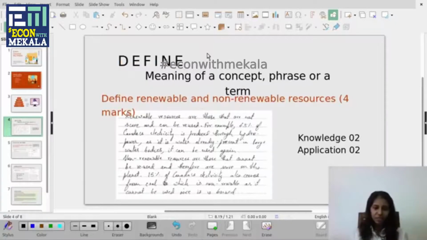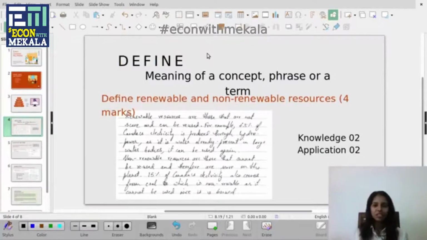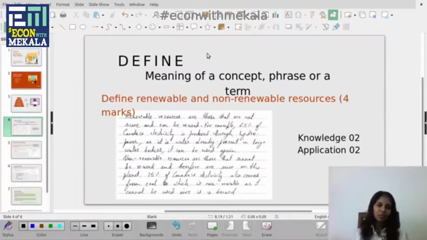So define is a very basic question type, because anyone can answer these define questions, because it just assesses your knowledge and little understanding about the concept or the theory they are testing about. So if you are good with remembering definitions, you can score define marks easily.